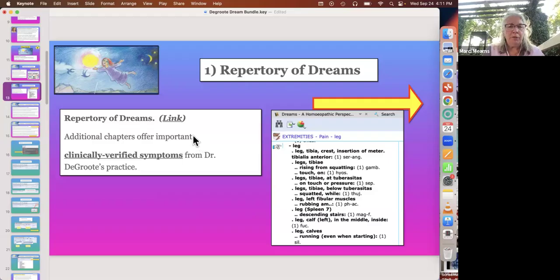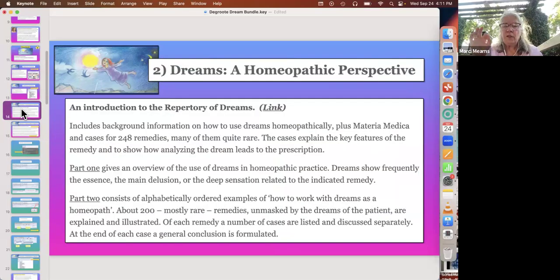Okay, so let us see what else I have prepared for you here. Additional chapters offer important clinically verified symptoms. Yeah, showed you that. Now, the second portion of this dreams bundle is a book. So it's going to live in a different part of your software, and it's called Dreams, a Homeopathic Perspective.